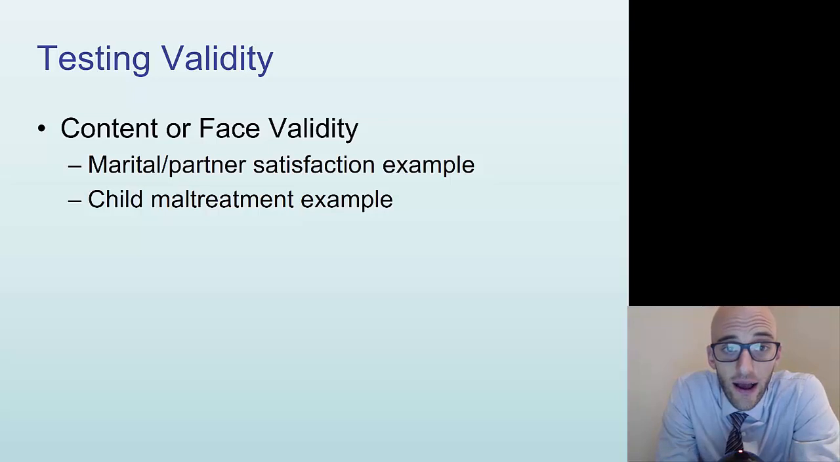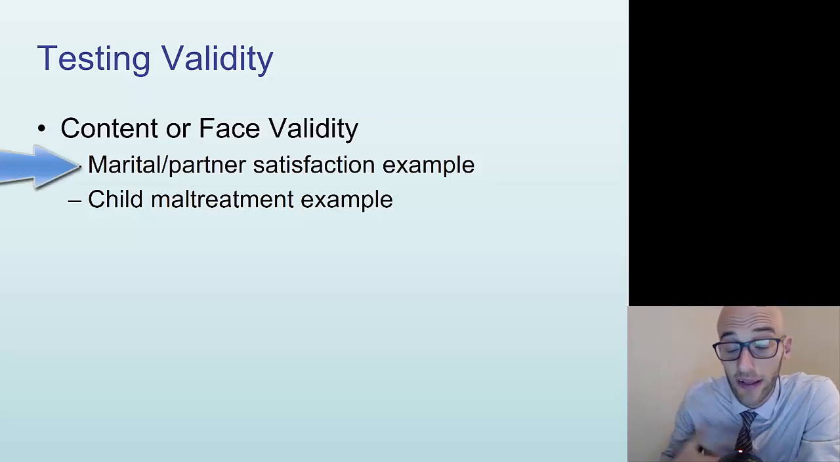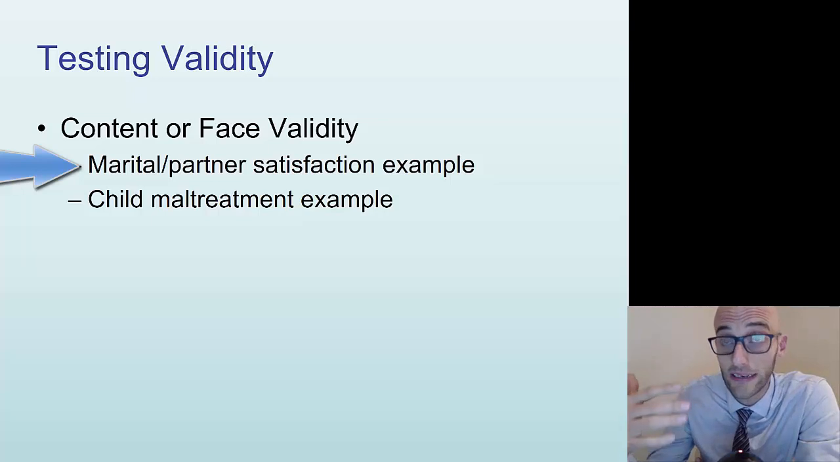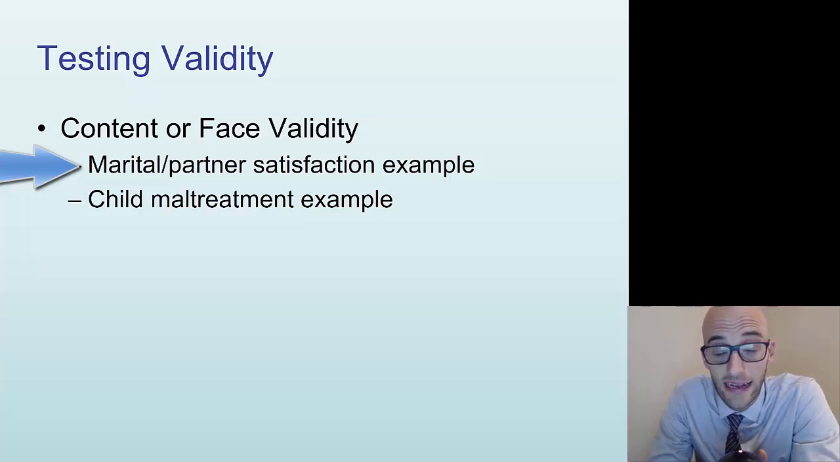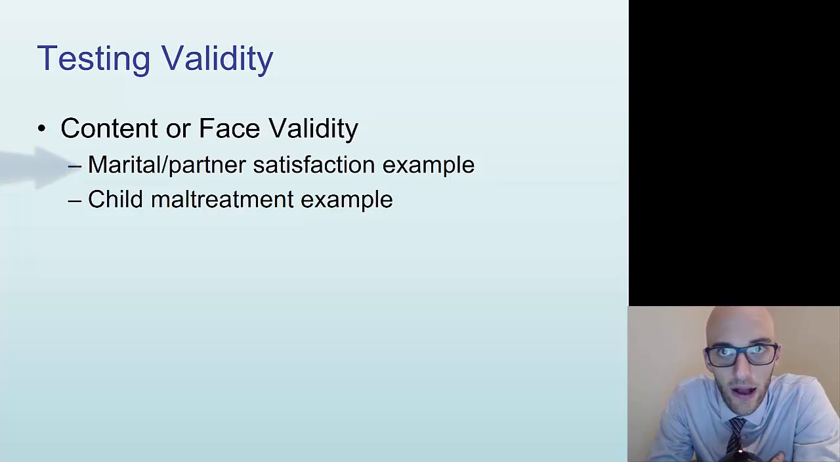So with testing validity, if we're looking at content or face validity, and you were putting together a measure of marital satisfaction, for instance, the questions should really be related to the quality of your marriage and your relationship and closeness, satisfaction, whatever it may be. It should also have some type of content validity, making sure that it's asking the right kind of questions. So with child maltreatment, it might not just be one component. It could be verbal aggression, physical aggression, neglect, a whole plethora of different behaviors